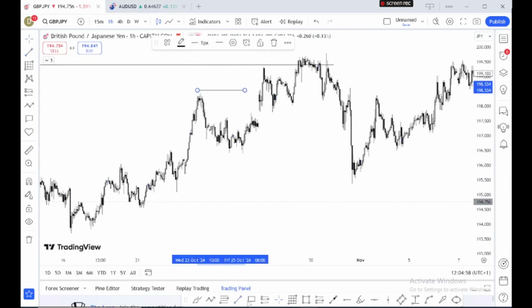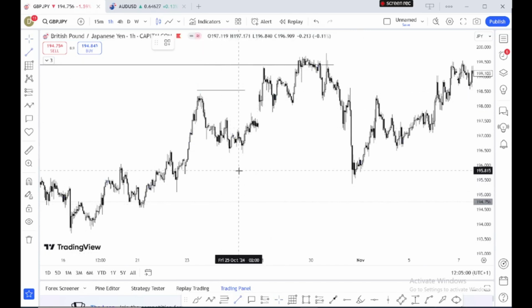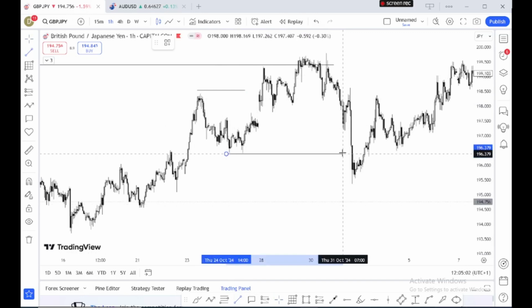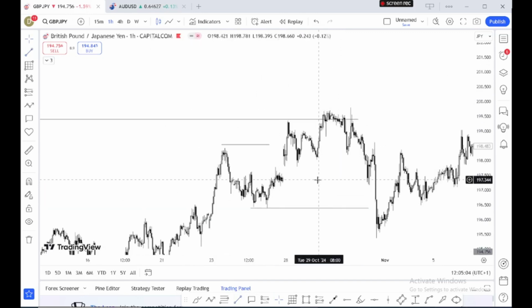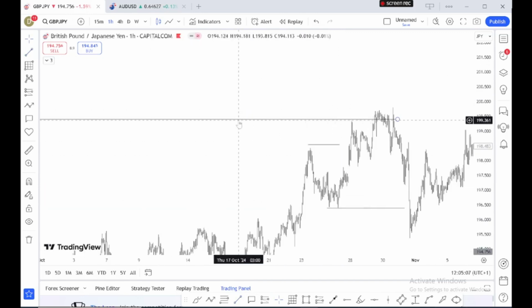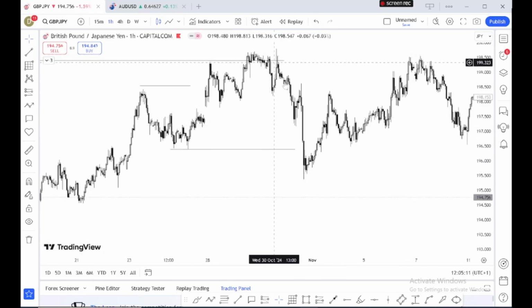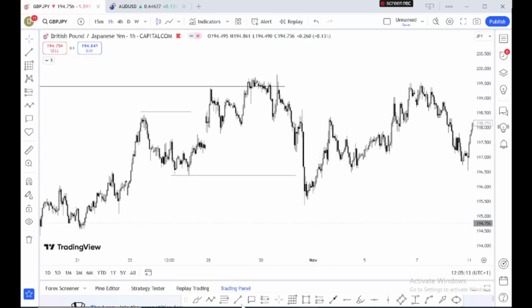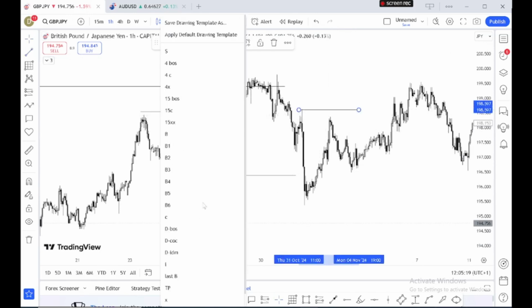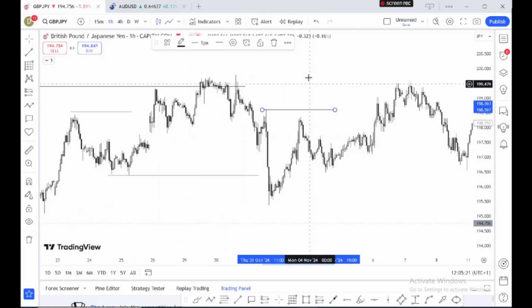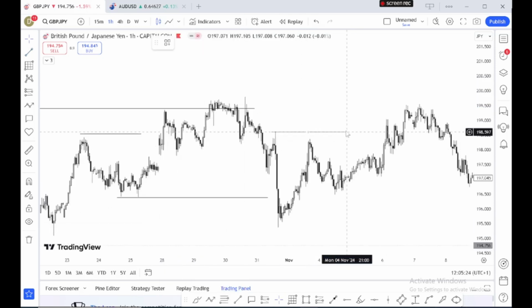This is my low that has to be protected. Then as you see, immediately the market took out this daily inducement. We had a strong reaction to the downside. So when I saw this, I looked for inducement because this is the only valid inducement we had in the 1 hour like this. And as you can see, the market came back for it,